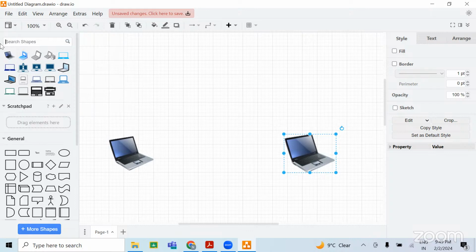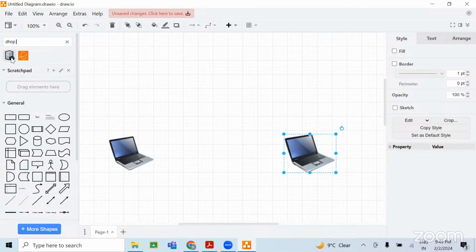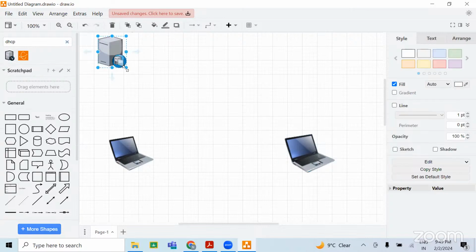I need to build the DHCP server. I will build the DHCP server where I am going to define the scope of class A and class C both. All right.